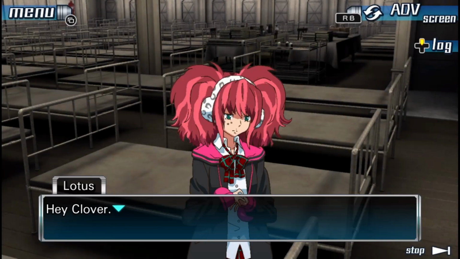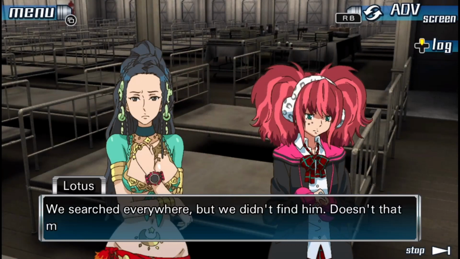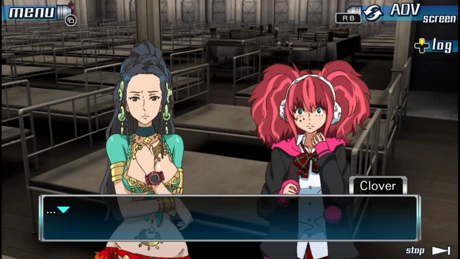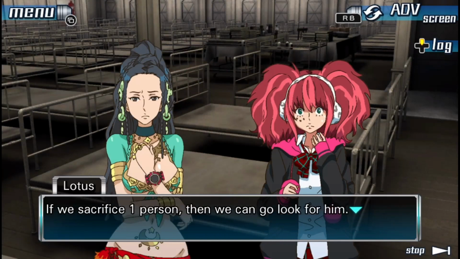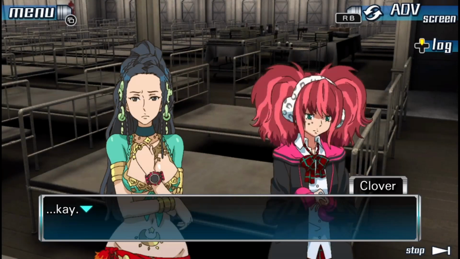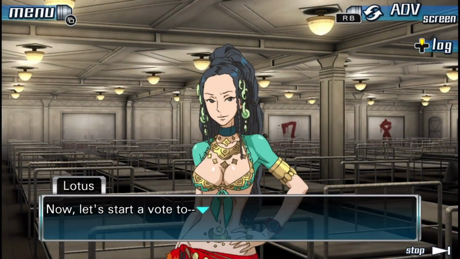Hey, Clover. Your brother has to be behind one of the numbered doors. We've searched everywhere, but we didn't find him. Doesn't that mean he has to have gone through one of them somehow? Let's go look for him together, okay? If we sacrifice one person, then we can go look for him. You agree with me, right? Okay. The motion carries. Now, let's start a vote to...